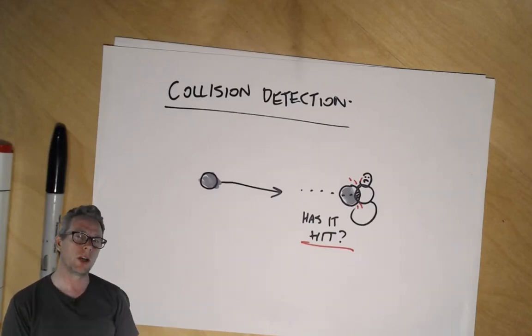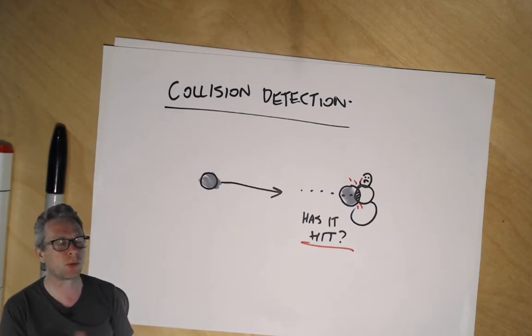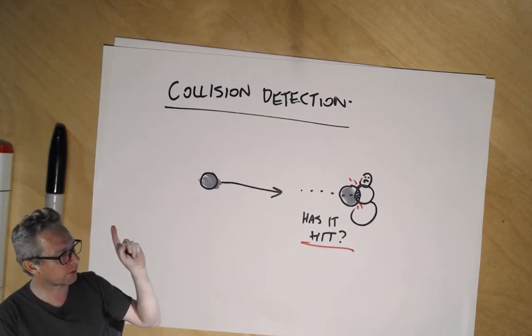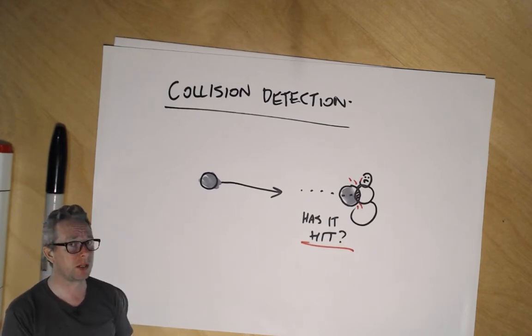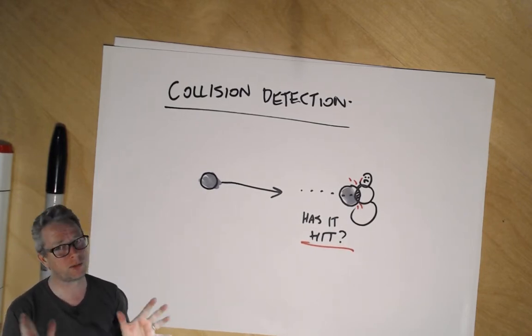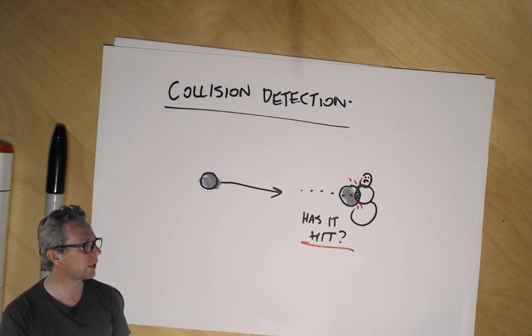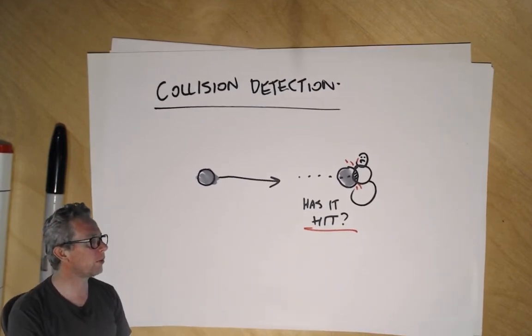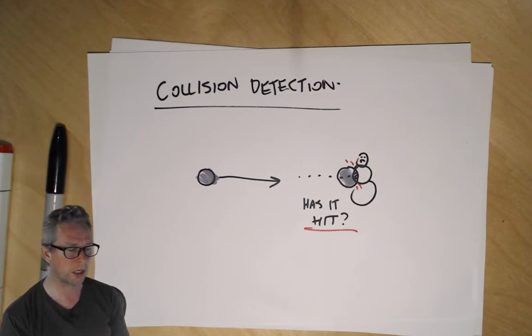In this example, I'm going to create a kind of game, a very, very simple game. All we're going to try and do is have a snowball that can hit a snowman. That's about it. So not the most fun game, but the challenge is how can we tell when that snowball has hit the snowman? And this is a challenge that will come up again and again if you're doing any kind of a game or interactive